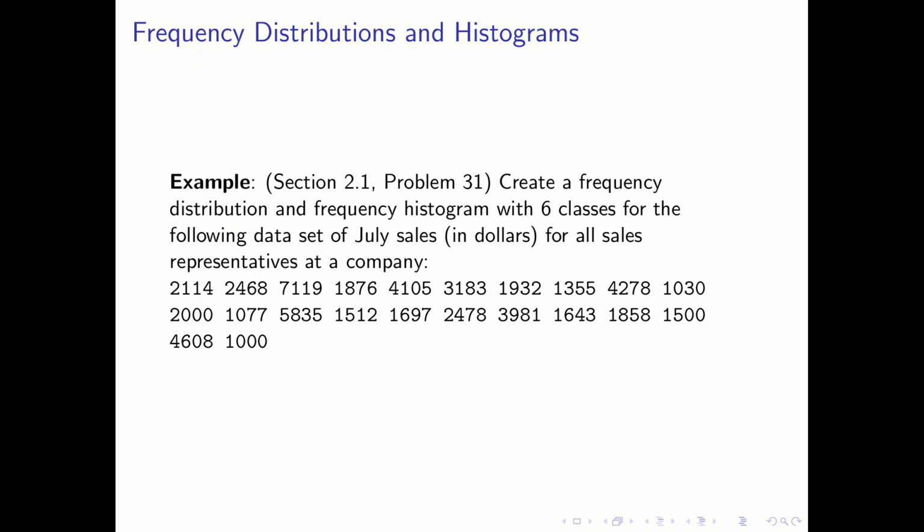This is problem 31 from section 2.1. It asks us to create a frequency distribution and to create a frequency histogram with 6 classes for the following set of sales in dollars for sales at some company. So, each data point here is representing total amount sold, I guess in a day, maybe. It's not very clear, but total amount sold, let's say in a day, at this company. And so we have these numbers. Now, just as a list here, it's kind of hard to understand this number set,